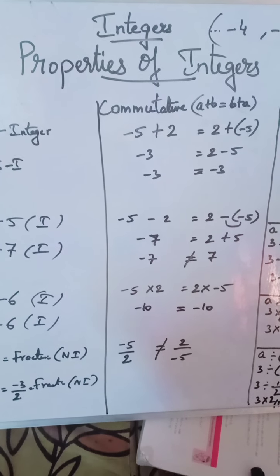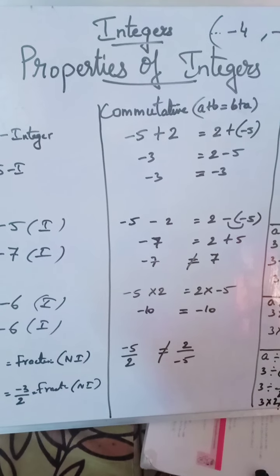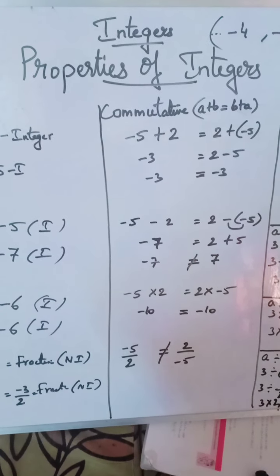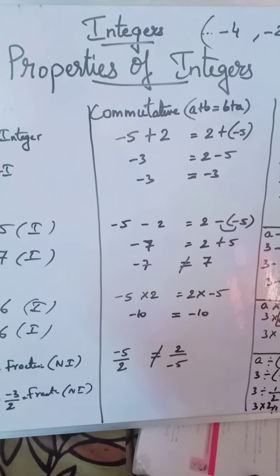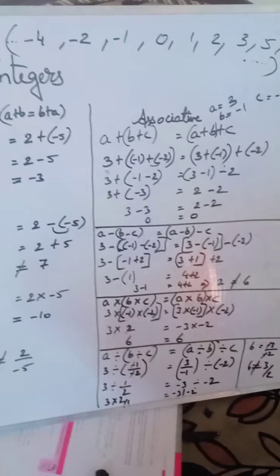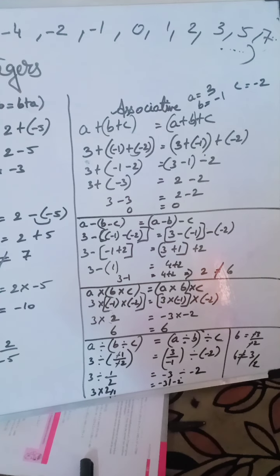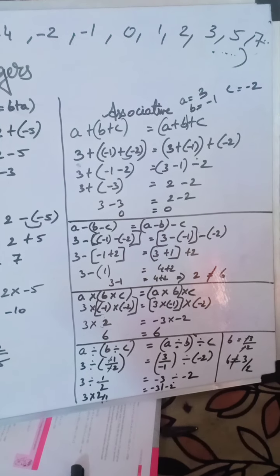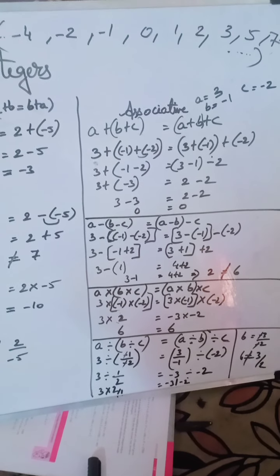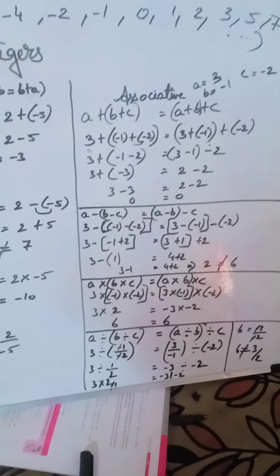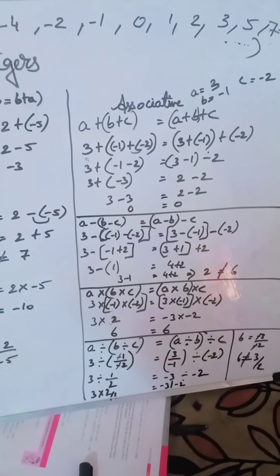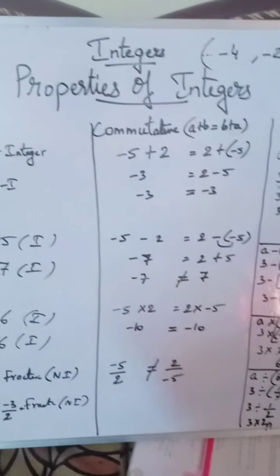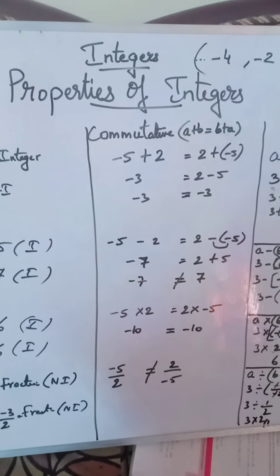Hi children, today we are going to see the chapter Integers of class 7, the first chapter of class 7. Before entering into the chapter, let us know what integers are. The combination of negative numbers, positive numbers along with 0 is said to be integers. If a number is negative, positive or 0, then it comes under integers. Clear?